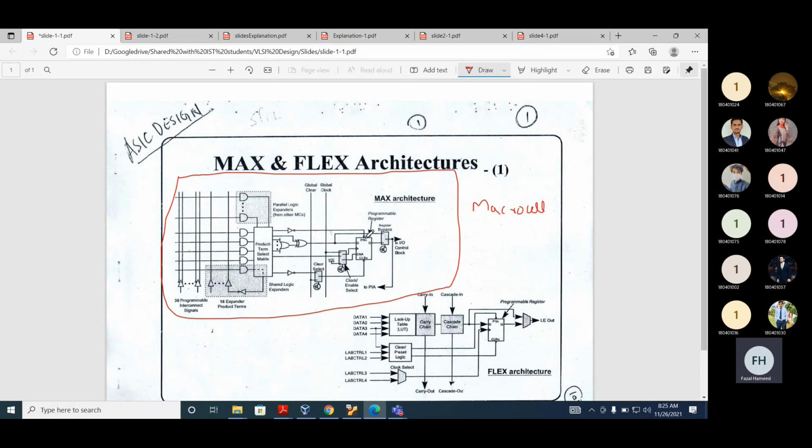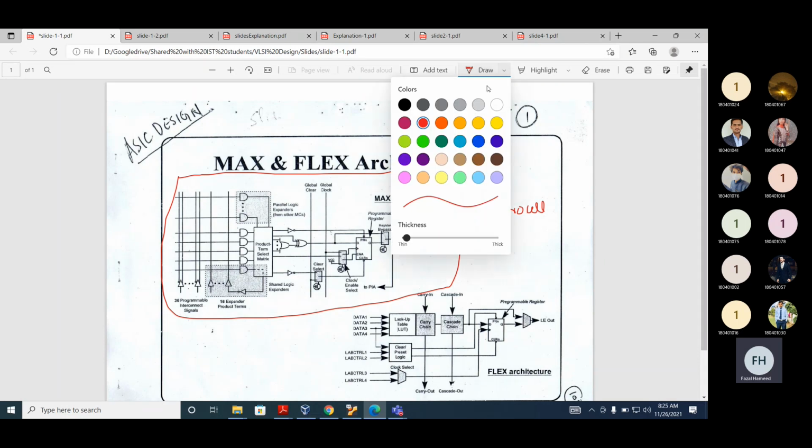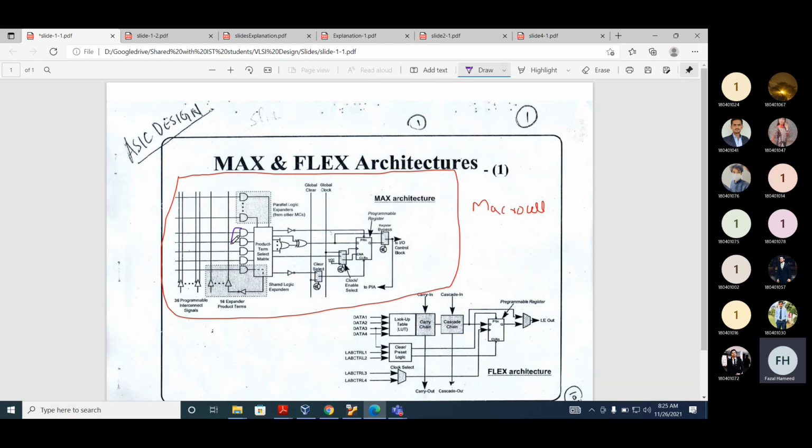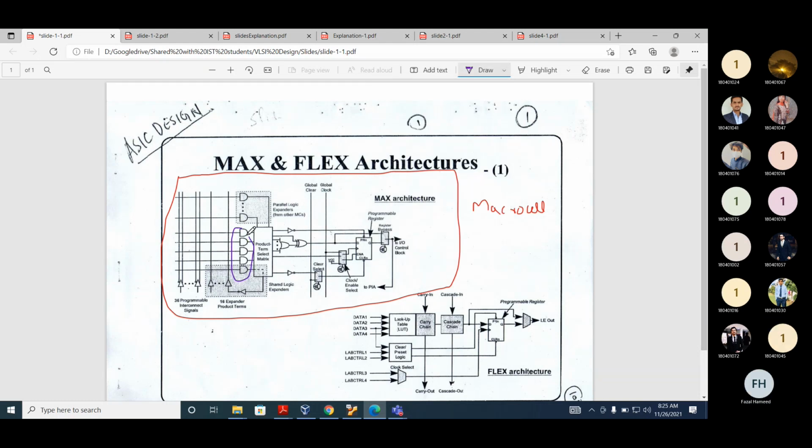If you look at the left hand side, actually there are 5 product terms. 4 product terms are above and 1 product term is below. So you have 4 product terms that come from the inputs.